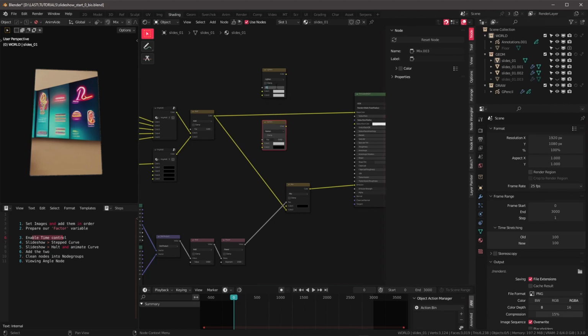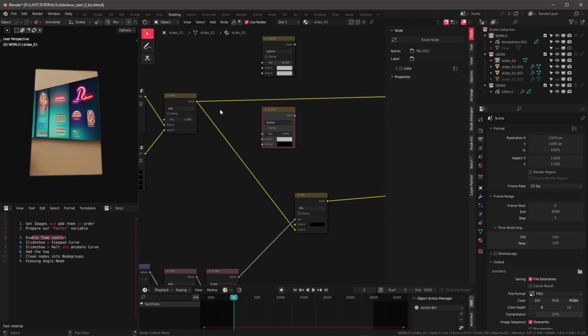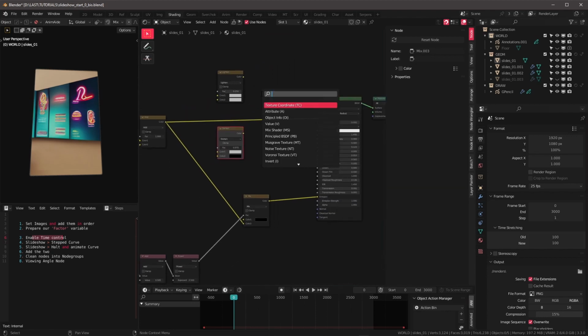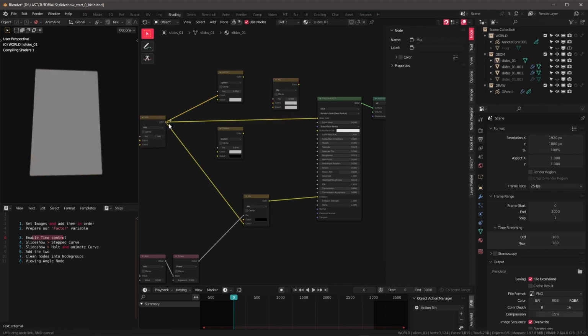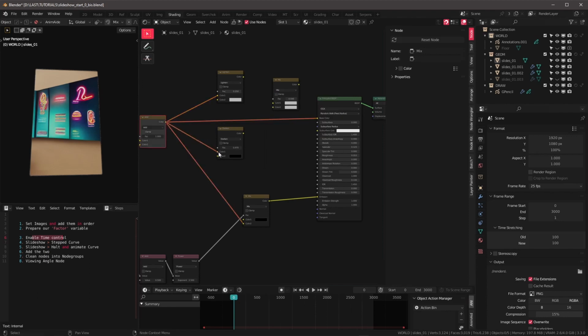I like to put this to 2.5 and this to 0.9670, and I'm gonna mix those two RGB. I want this one and I want this one to be mixed